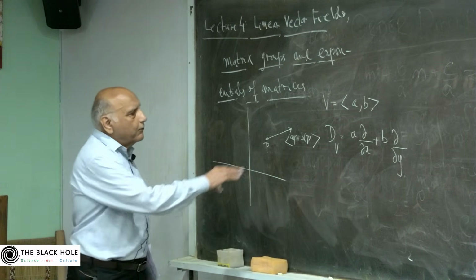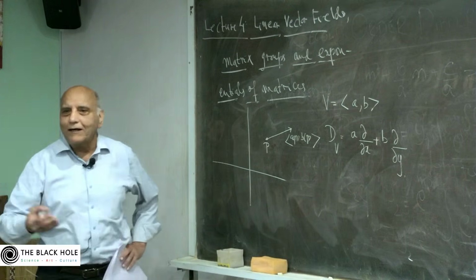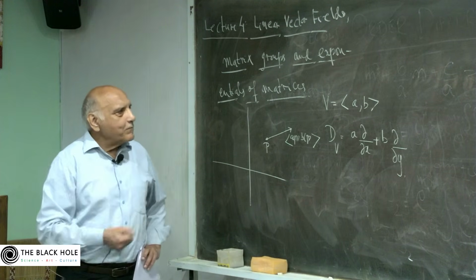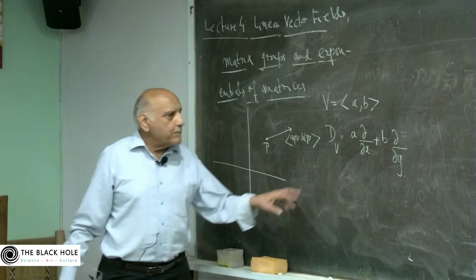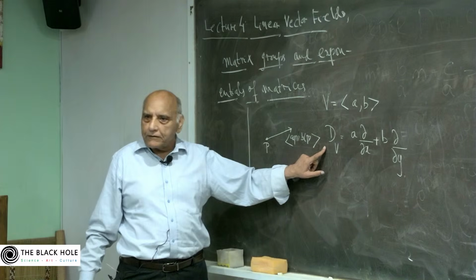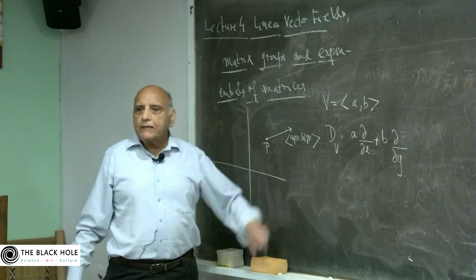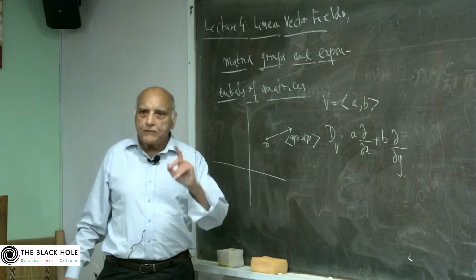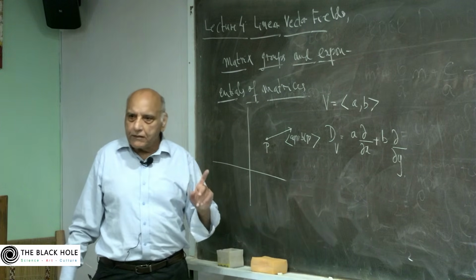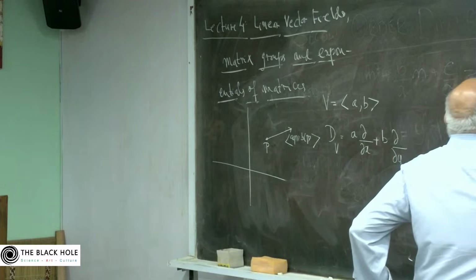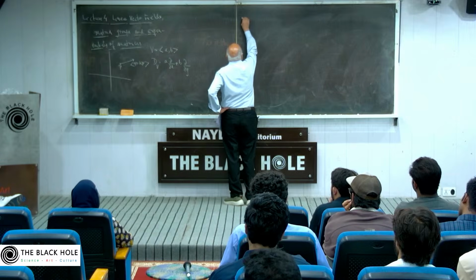And why did we do this? This is due to Sophus Lie, that you can put an extra structure by taking the commutator of these operators, okay? Then it becomes a Lie algebra. And there is one identity which I have to verify today for you, the Jacobi identity, but before that, something very important from last lecture. So V is a vector field